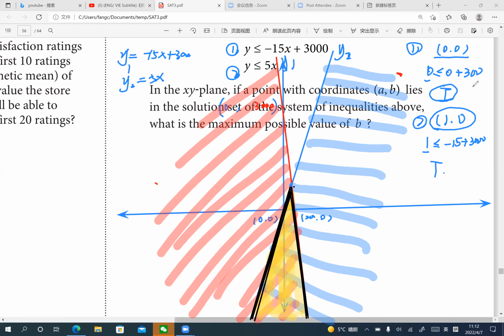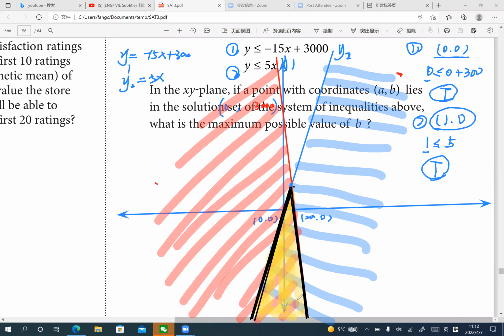Oh, sorry, this is wrong. Is 1 less than or equal to 5 times 1, which is 5? So this is still a true statement, so we should shade it. We should shade the area that includes 1 and 1. I use blue color to shade it. So this blue area is